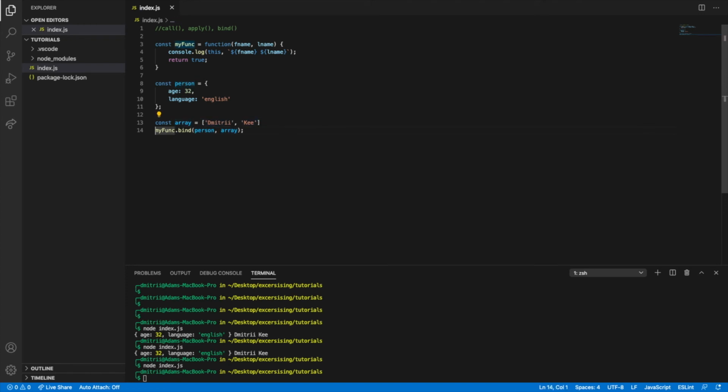But then it's creating a kind of copy of my function with the passed things. And in order to run this copy of my function, what you can do is say const, come up with a new variable like copy of my func equal, and now if you just console that out this way,